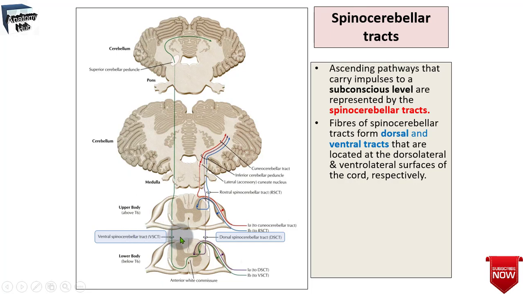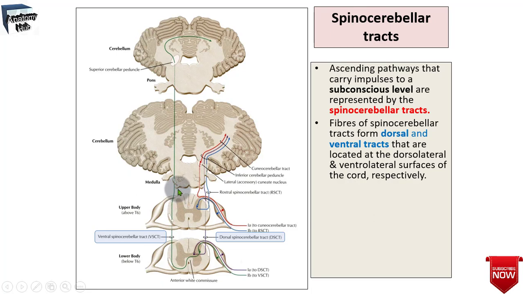The dorsal tract is an uncrossed tract that ascends in the posterolateral aspect of the spinal cord and begins at the level of the L2 L3 segment. This tract carries information from the muscle spindles, Golgi tendon organs and pressure receptors, and the sensation carried is mainly proprioception